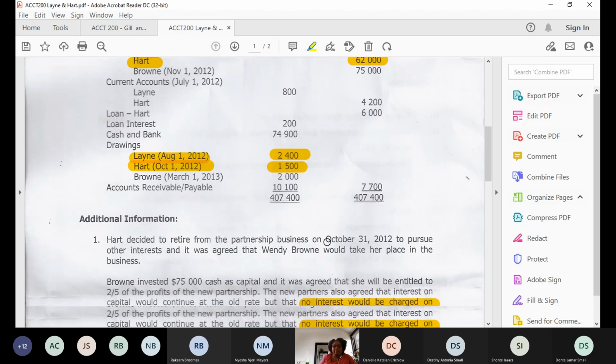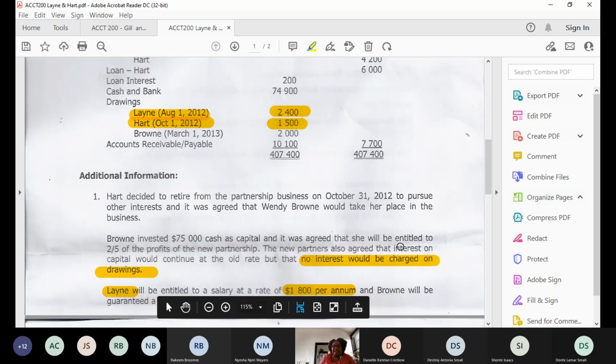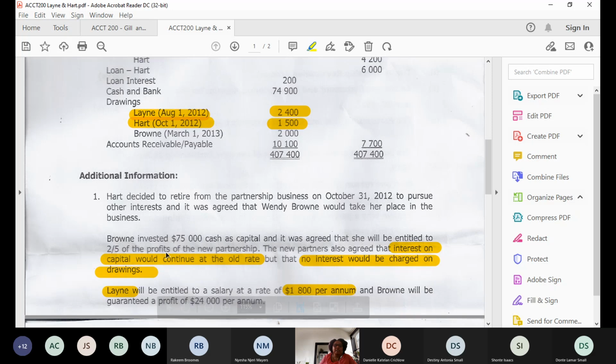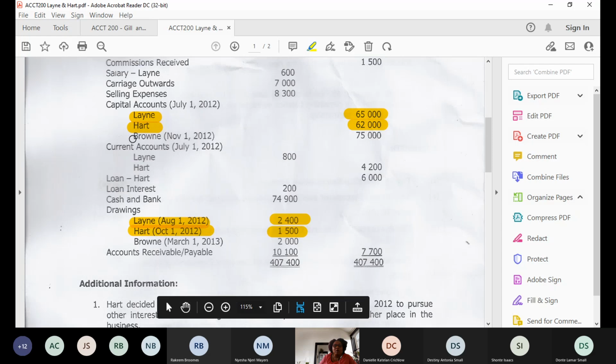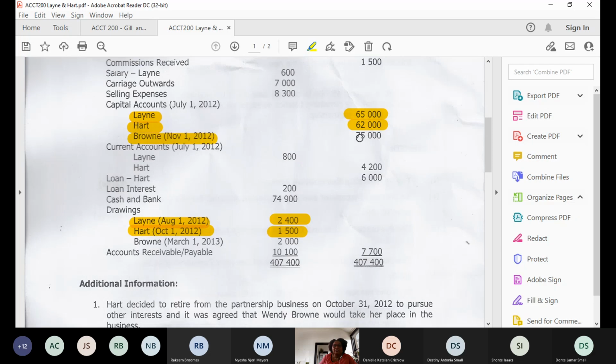So let's look at the new agreement. The new agreement states that interest on capital will continue at the old rate. So it means interest on capital is continuing at that 6% per annum. So here under the new agreement, Brown will be paid interest on his capital, and Layne will also have interest on capital under the new agreement as well. However, the interest for Layne on the capital under the new agreement is not the $65,000 because